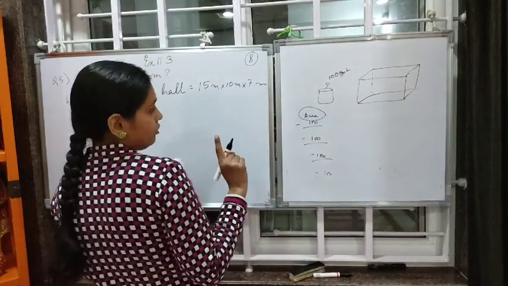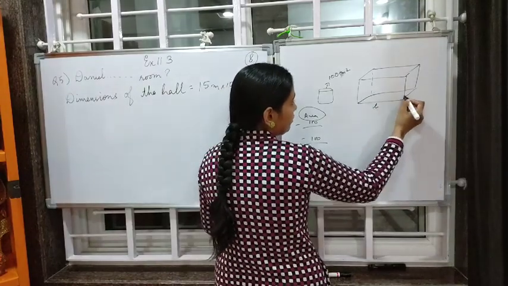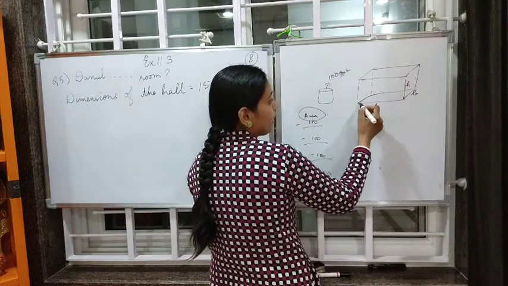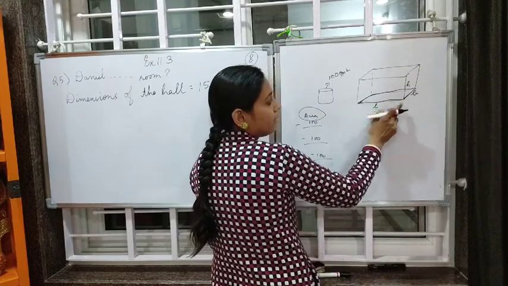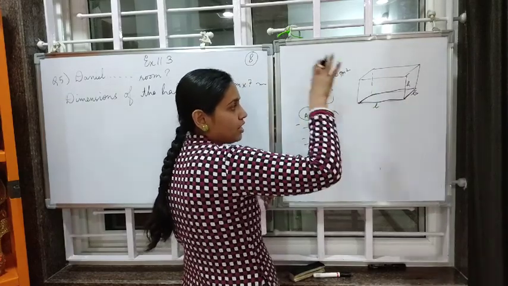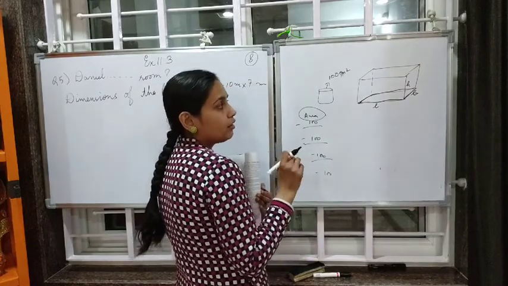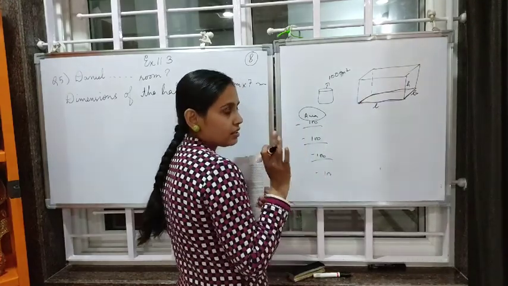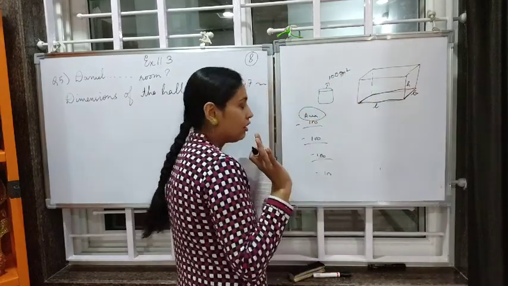Okay. So now what we have to find out? We have to find the total surface area. This is the length, this is the breadth and this is the height. If we are not taking the base, we are not taking this face. That means we need to remove one length into breadth. So either we write area of the four faces plus area of ceiling, or simply from the total surface area we remove the base.